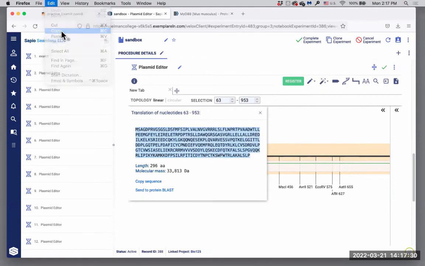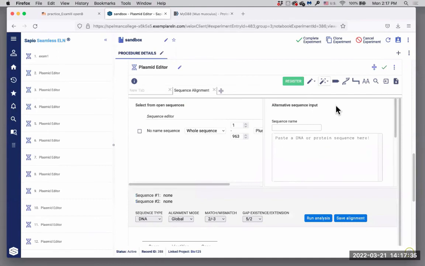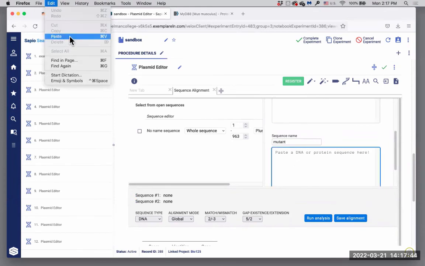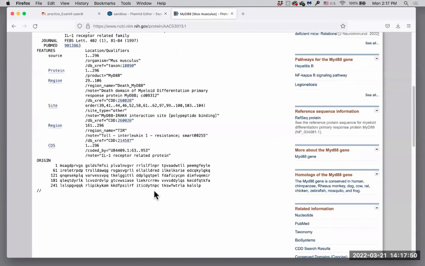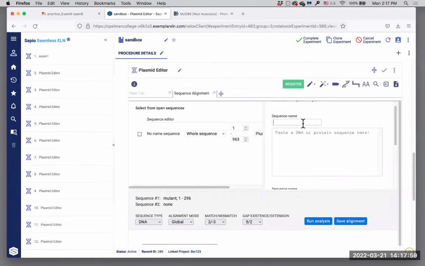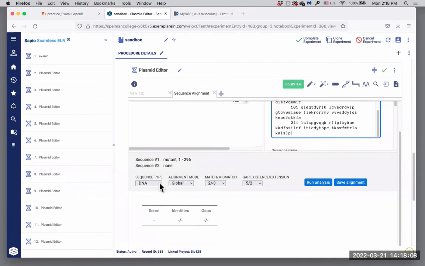So I'm going to copy this sequence and then now open a sequence alignment tab. So this is the mutant sequence, right? So I'm going to put this mutant and then paste the sequence in here. So now I'm going to go to the GenBank record, copy and paste the wild type protein sequence into the first box, wild type, and then paste. Right, so here, now we're going to run the sequence alignment. Make sure that you select protein